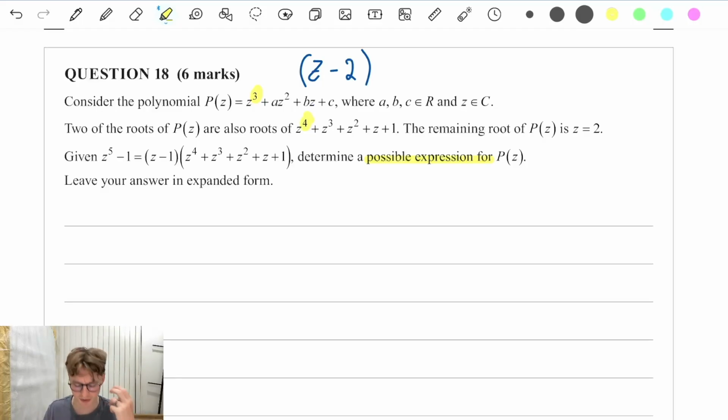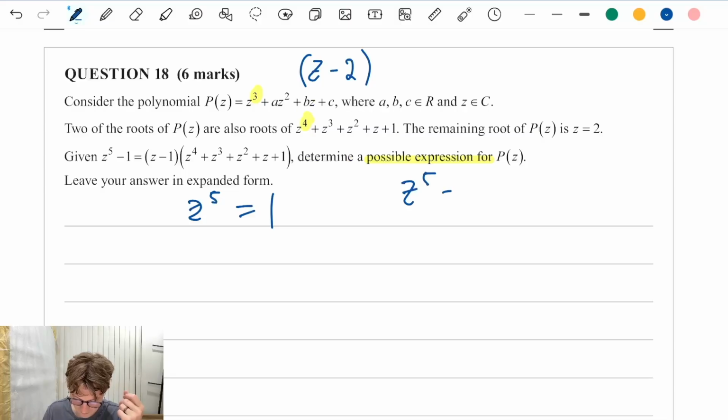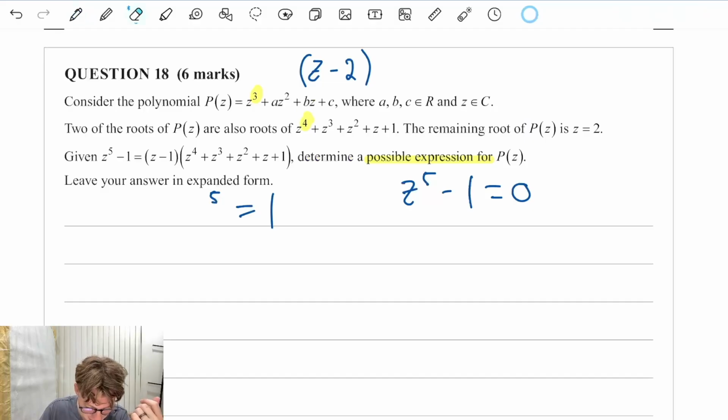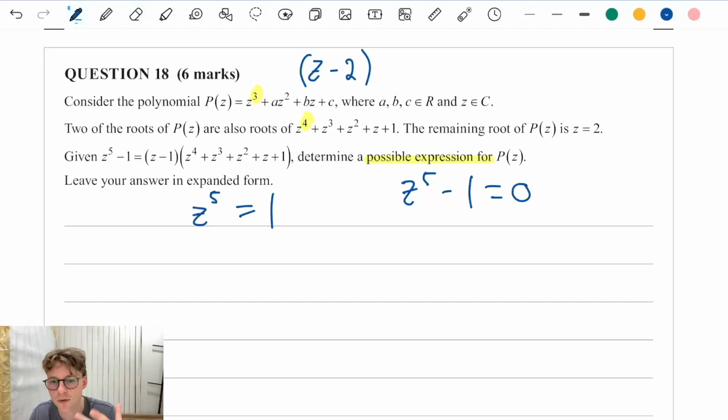There's kind of 2 ways we can interpret this. I want to factorize z to the power of 5 equal to 1, right? If I rearrange z to the power of 5 minus 1 equals 0, I get z to the power of 5 equal to 1. If I can factorize my z to the power of 5 using a reverse de Moivre's idea, I can get 5 roots. One of those roots should be 1, because I know z minus 1 is one of the roots. And the other 4 roots will be the 4 solutions from this specific quartic,